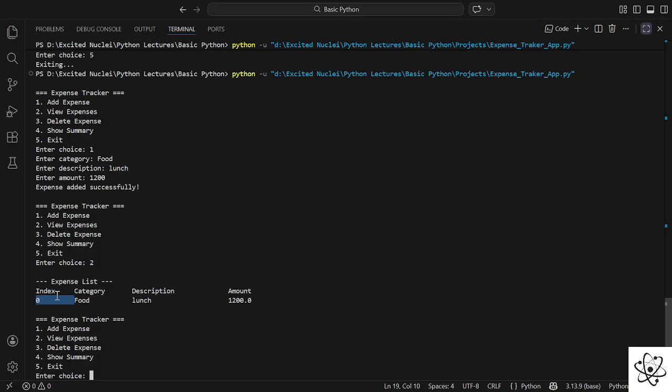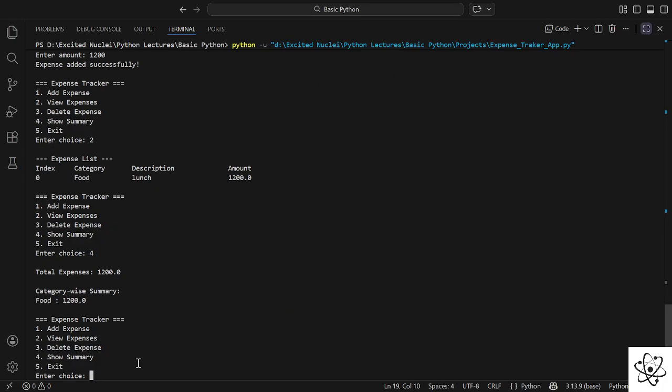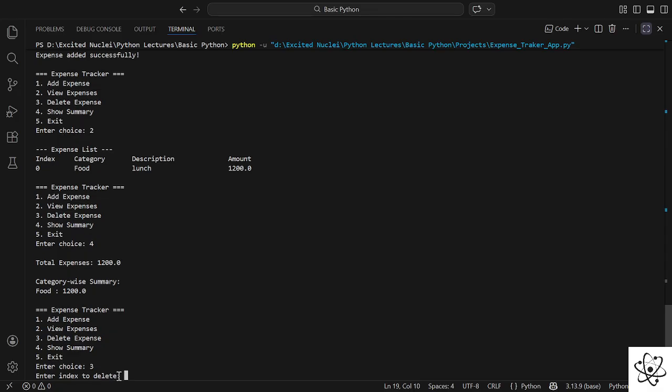As you can see, it is basically building some tabular format here, and of course it can also be more formatted, like here there can be a string of dashes. Now we can also show the summary. As you can see, the category-wise summary is going to be printed here, and then we have an option to delete any